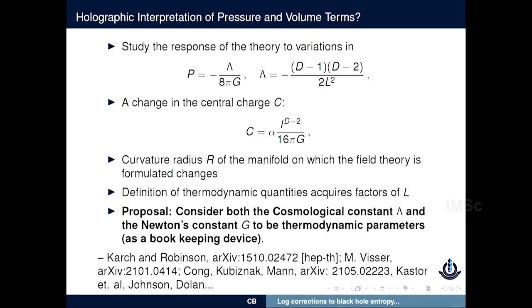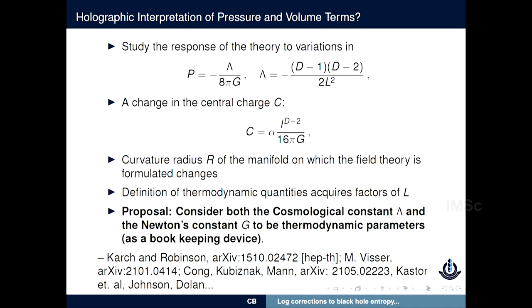So there is some motivation for how you would achieve these two, but the details have not totally been worked out. How exactly would you achieve a dynamical cosmological constant or a dynamical Newton's constant? But for the moment, accepting that there is some way to get those corrections,